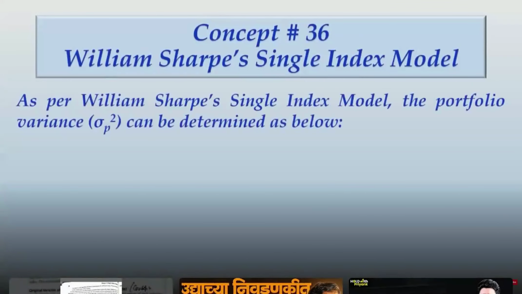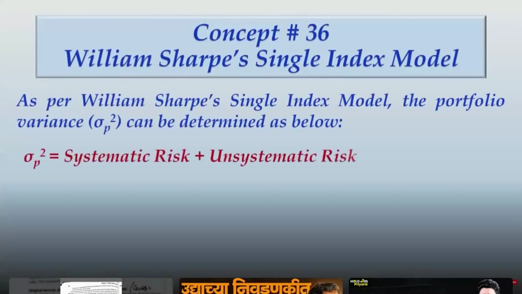So, as per William Sharp's single index model, the portfolio variance can be determined as below. Sigma p square, that is portfolio variance, will be aggregate of systematic risk and unsystematic risk. So, we know one thing how to determine systematic risk. It is sigma m square into beta of portfolio squared. तो फ्रेंड्स, सिस्टमैटिक रिस्क जैसा आपने मार्कोविज मॉडल में सीखा था, विलियम शार्प में भी वैसा ही करने का है,